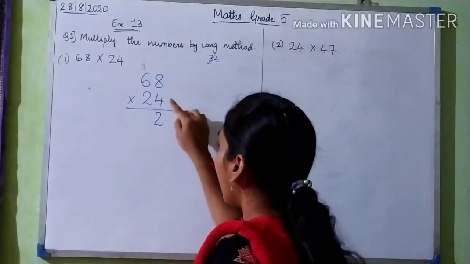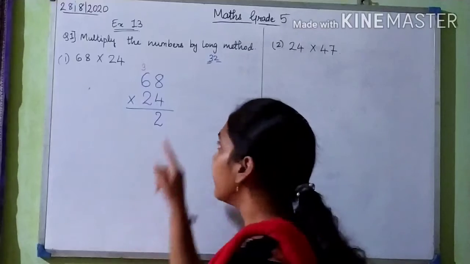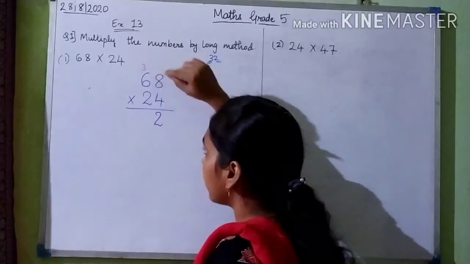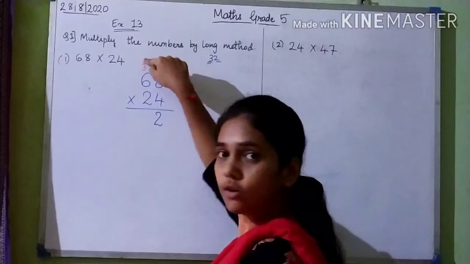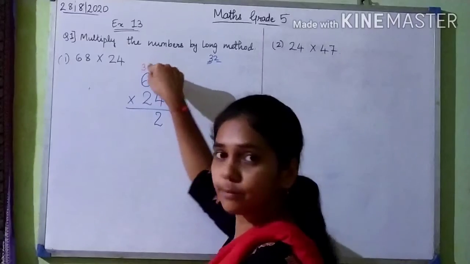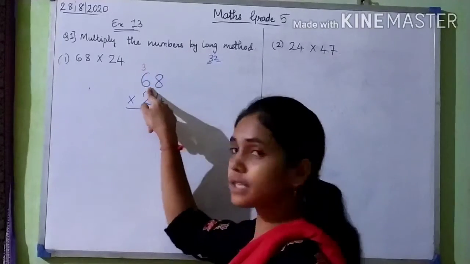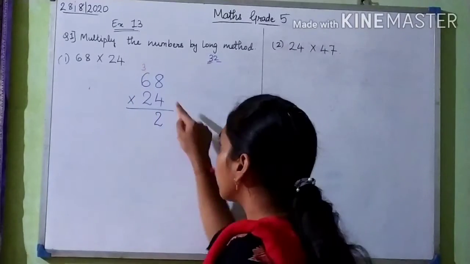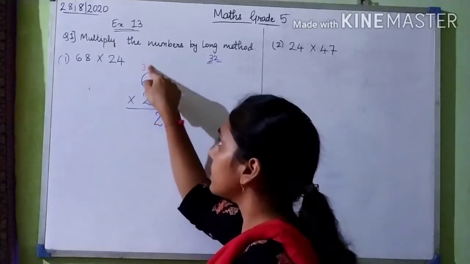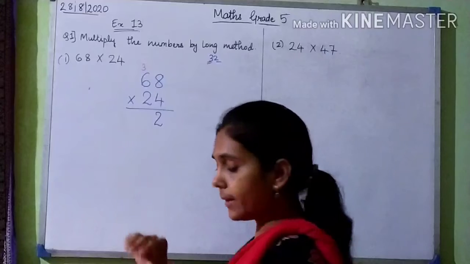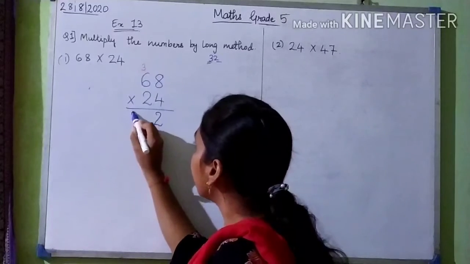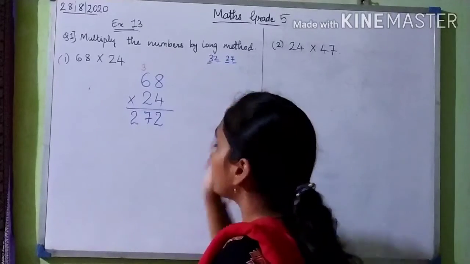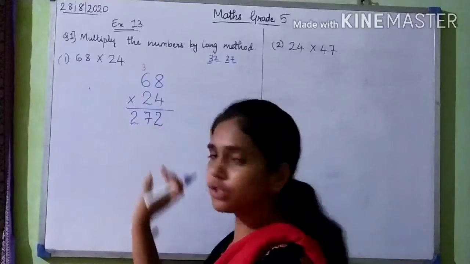Then I multiply 6 by 4. 4 into 6 is 24. After multiplying this, if there is a number on top of that number, we add that number. That means 4 multiplied by 6 is 24, and to 24 I will add this 3. 4 6s are 24. 24 plus 3 is 25, 26, 27. So the number which I have got now is 27. Now 27 is again a 2-digit number, 2 is one digit and 7 is the other digit.